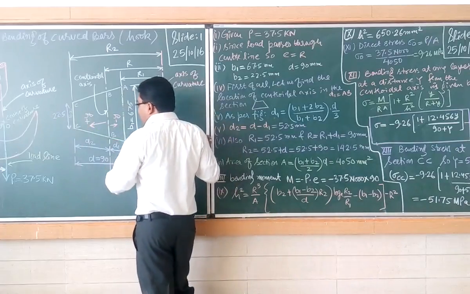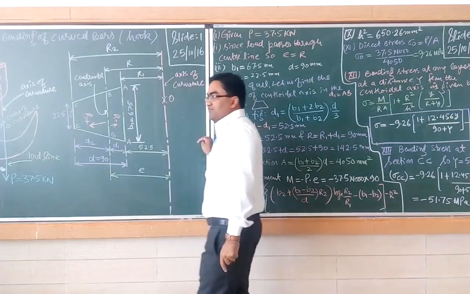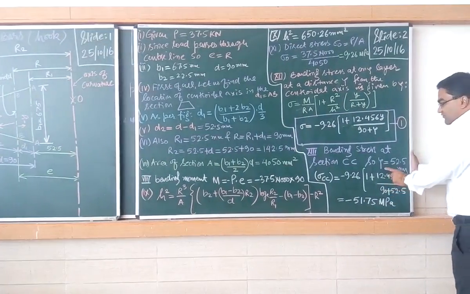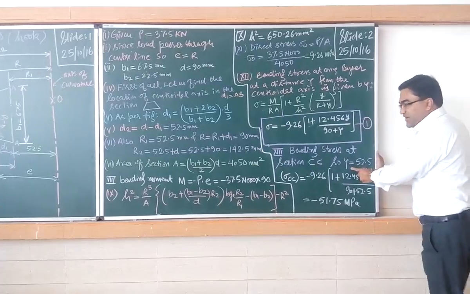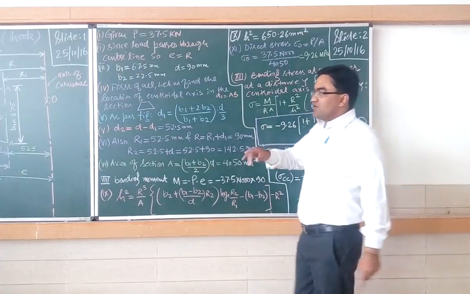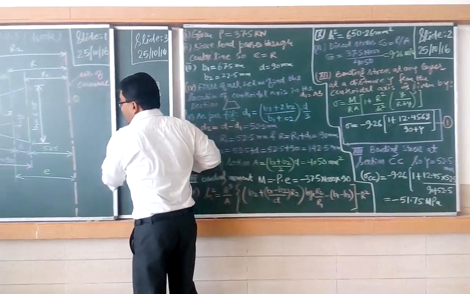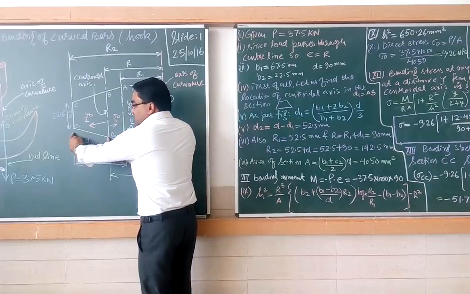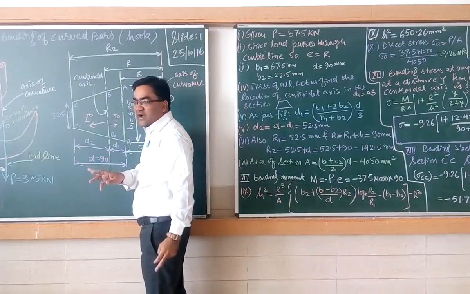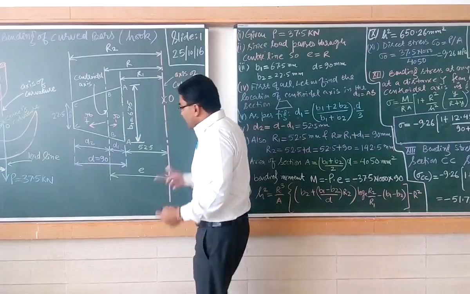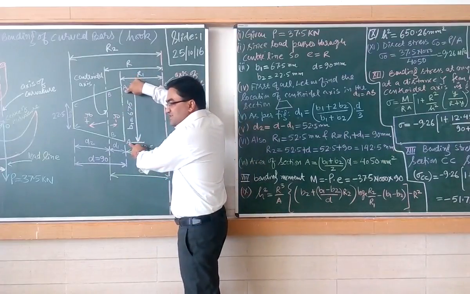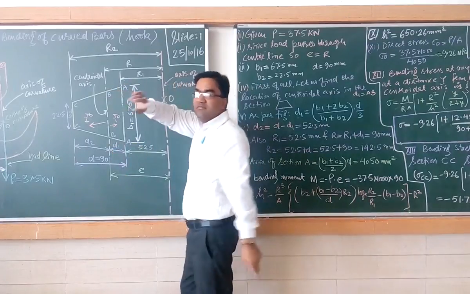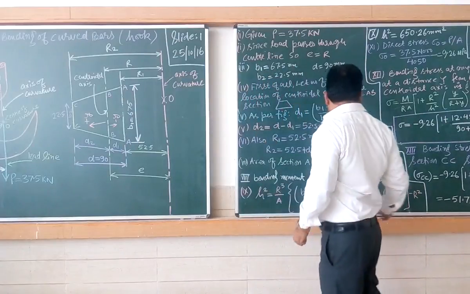As per you, what will be the value of y at section CC? The value of y at section CC must be equal to D2. If you want to find out the value at this fiber, this must be the distance from here to here. This is D2, means 52.5. Similarly, if you want to find out the value of bending stresses at section AA, what will be the value of y? Minus D1. Clear? Done? So let us do it.